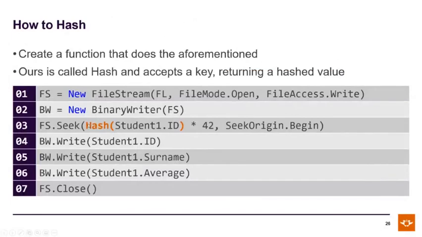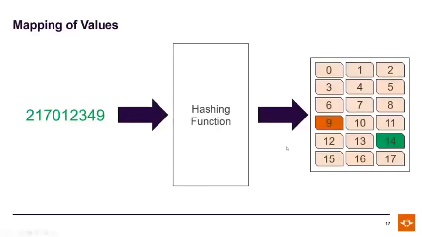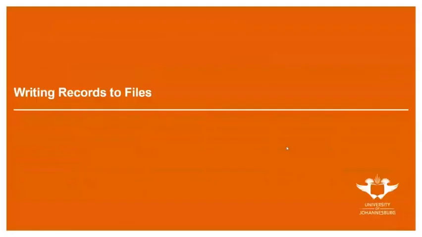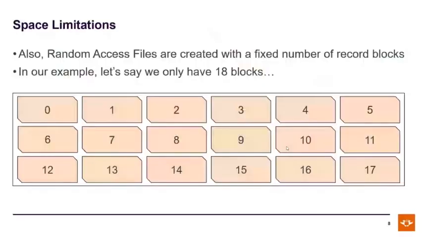So that hash function will be used for writing, and that hash function will also be used for reading. But there's one addition I want to show you today, and that is the size of the file. When we're using hash functions, we refer to the fact that we've got a certain number of values available. In this scenario, there are 18 spots available, 18 blocks, which means our file consists of 18 blocks. Now, because we know the data size of our file,